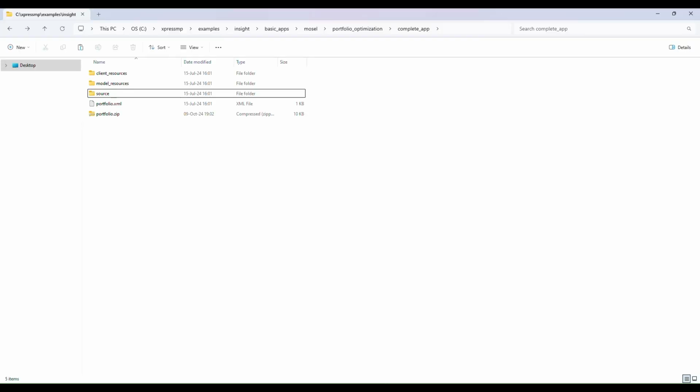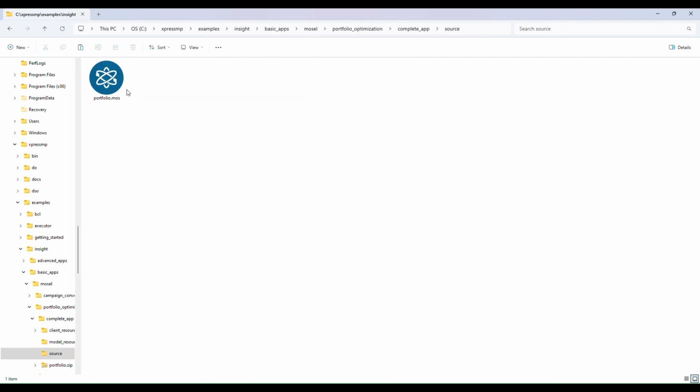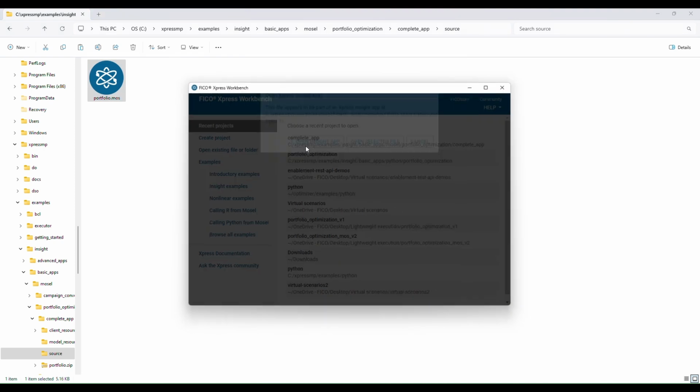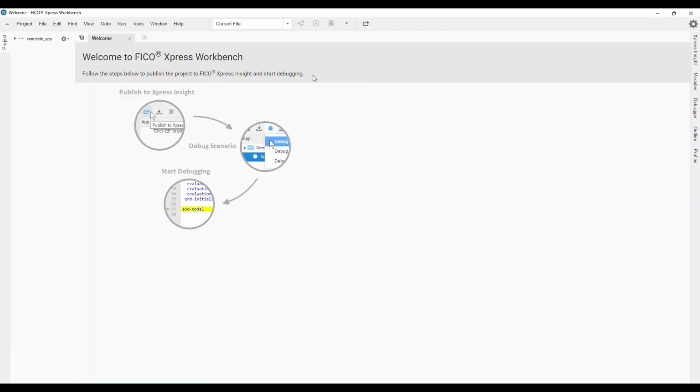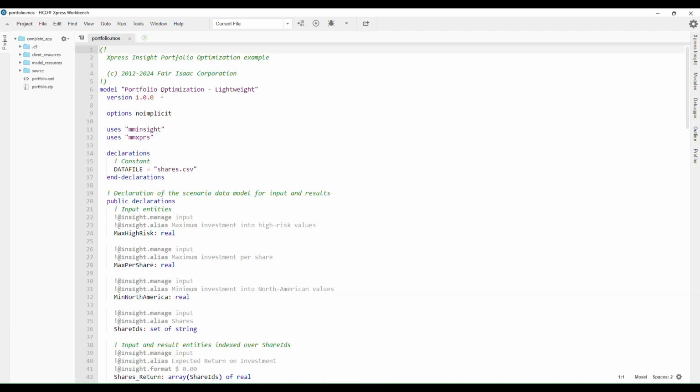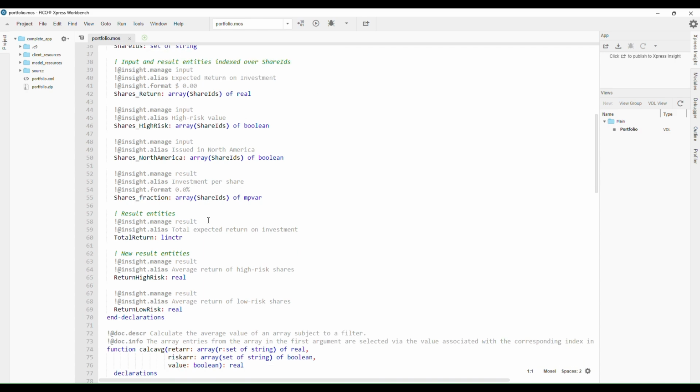To set up a lightweight custom execution mode in the portfolio optimization Mosel example, open the Mosel source file named portfolio.mos, located in the source folder of the root directory of the app, using Express Workbench. Next, declare two new scalar entities of type real, marked as result entities via annotations, before the definition of the